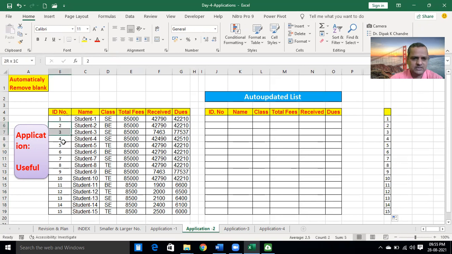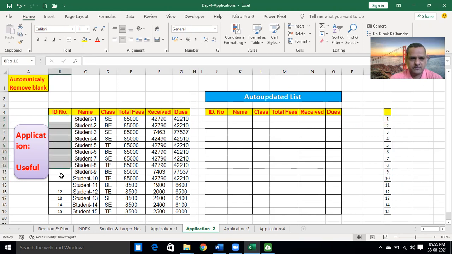See, if we remove a few of these numbers, what happens here? Is this number changed? The number is not changed. It is the same. How to make this number change accordingly? If this number in the B column is blank, then at the same time this should be blank.